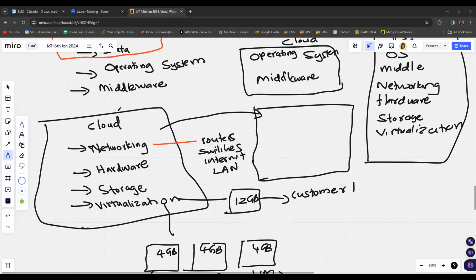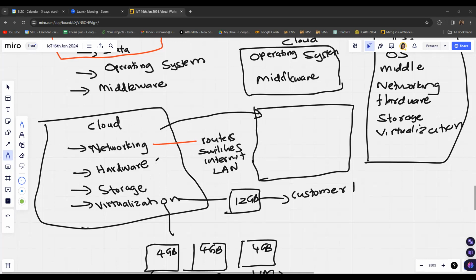Which means that the cloud is enabling you to perform the networking functions by creating the connectivity between the cloud server and the other network components in the network. Also, the cloud server will allow you to access the internet and also build the local area network.